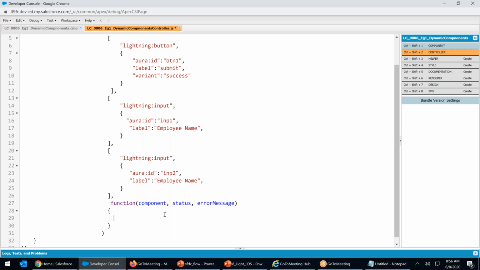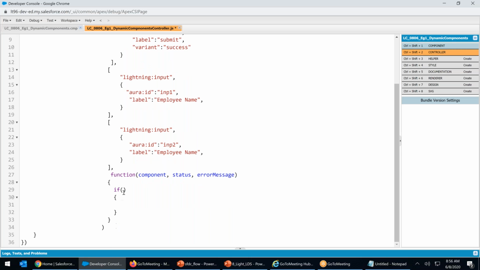I will go ahead and we will write if directly rather than where. I told you I can write if here. If what? If this status equals to what is that? Success. If that is equal to success, only in a case of success, then only what I will do?